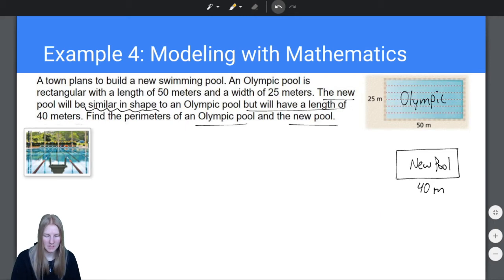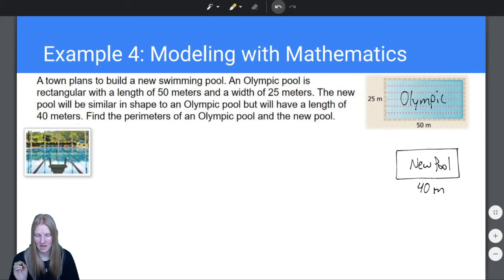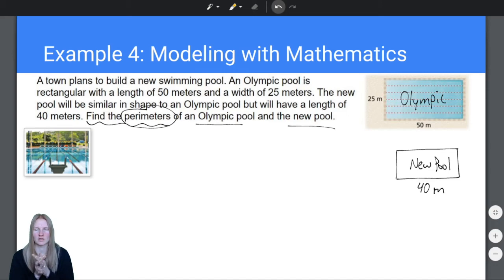Okay, so let me erase these lines. So we already drew our diagrams. So we want to find the perimeters of the Olympic pool and the new pool. So that's what we're trying to find in the end. Now, there's a very important piece of information that I want to make sure we don't lose. An Olympic pool is